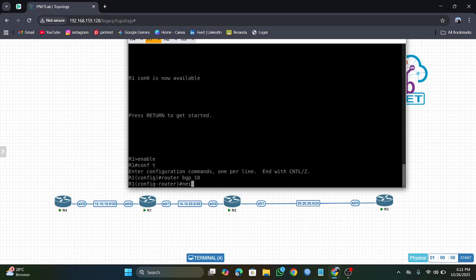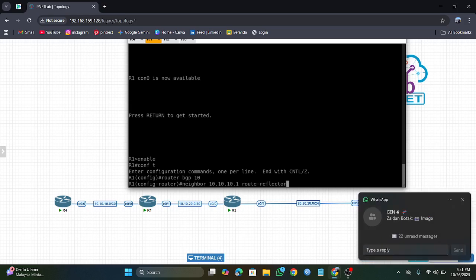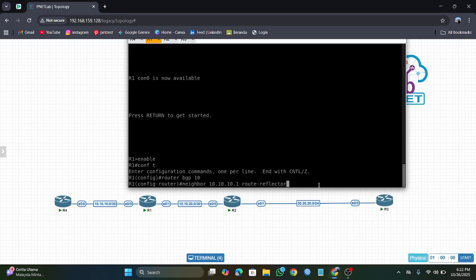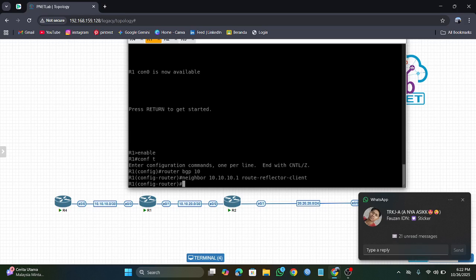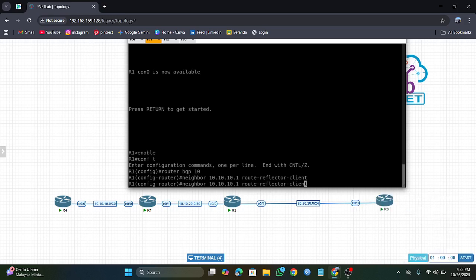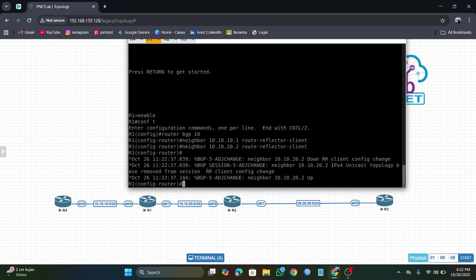You tap neighbor, tap IP, and route reflector client, and you tap again neighbor. Okay, reflector, and enter.